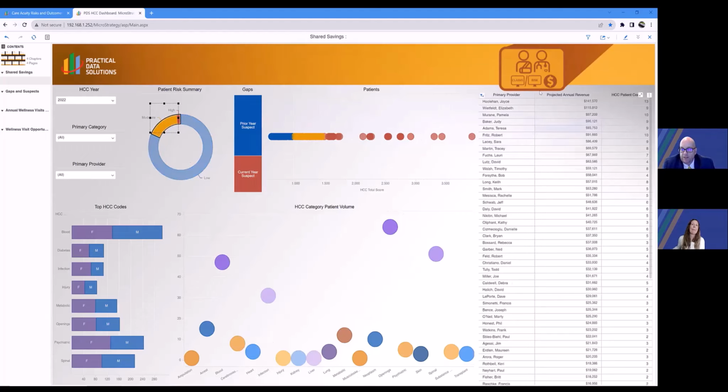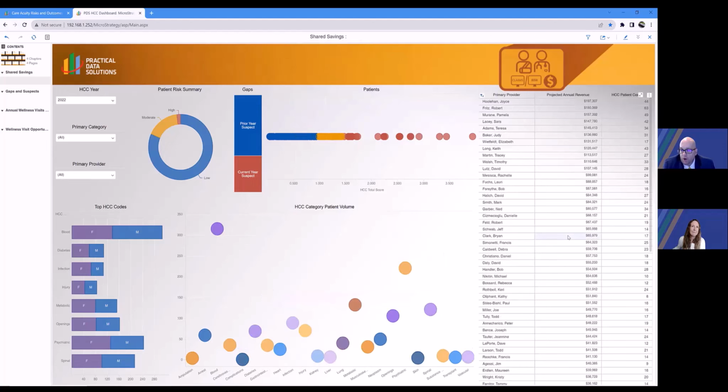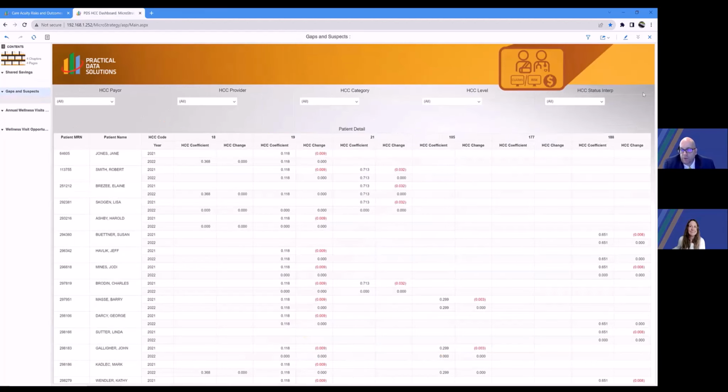And again, when we take this information, it's even more complete when we're not just using payer data, but we're doing the internal scoring. We have all of our patients here. We see all of the conditions that we're treating. We see all of the risk levels and gaps, and we can even look at a projected revenue amount for each individual patient that's there. But again, this is very high level, summary level information that we're looking at. If we want to get down to that more detail level, we need to be able to do that pretty seamlessly. Yep. And here we can see individual patients